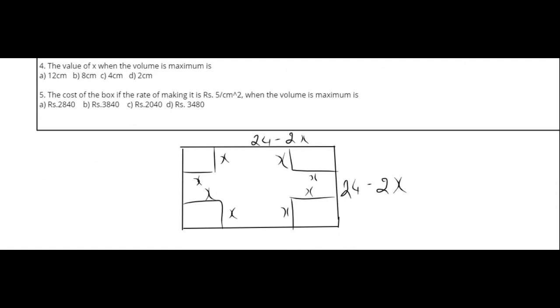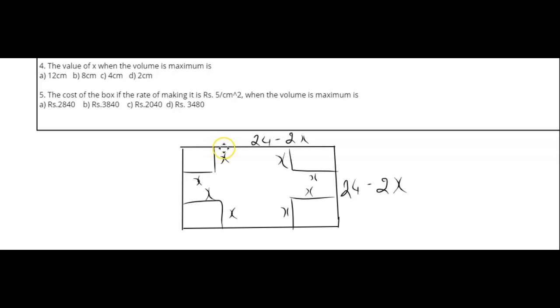So the diagram can be drawn like this. So this is now going to be the square piece of tin whose dimensions are given as 24 centimeters. Now we are going to cut the square from each corner. We don't know the measure. Let us take it as x and x.